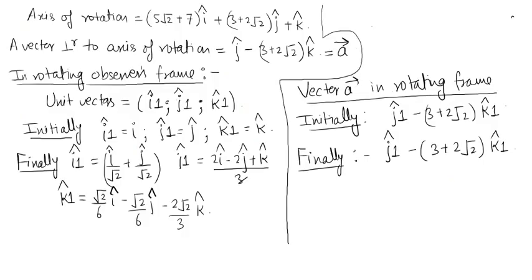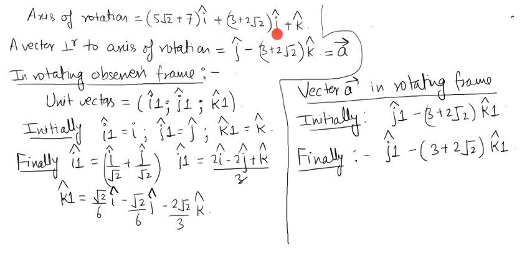So now what I am doing here, I know my axis of rotation, this I have already calculated. Now what I will do, I will try to find out a vector which is perpendicular to this axis of rotation. So there are so many vectors which are perpendicular to the axis of rotation. I have chosen a vector which has just two components. So in order to make my calculation simple, I have chosen a vector which does not have the i component. So I have these two vectors. Now the vector perpendicular to the axis of rotation should be such that its dot product with this vector should be equal to 0. So this is what I have done here.